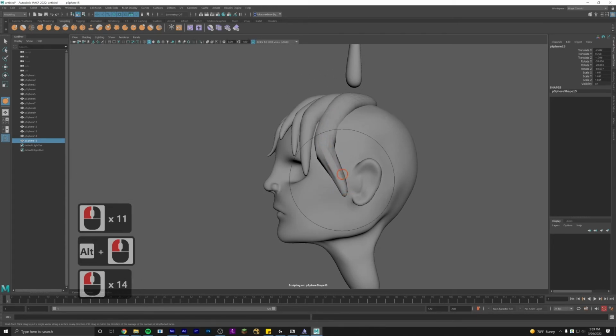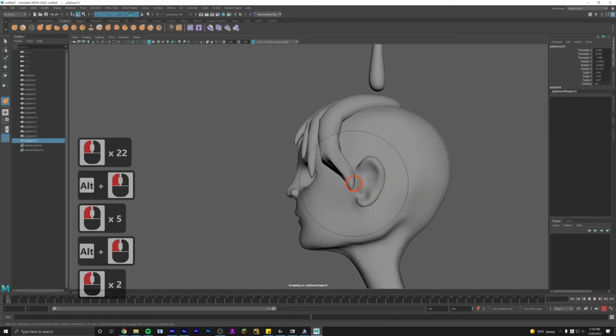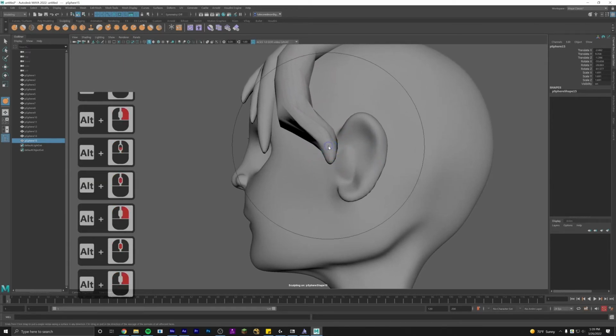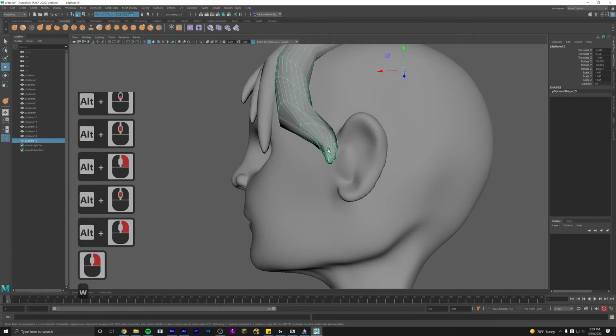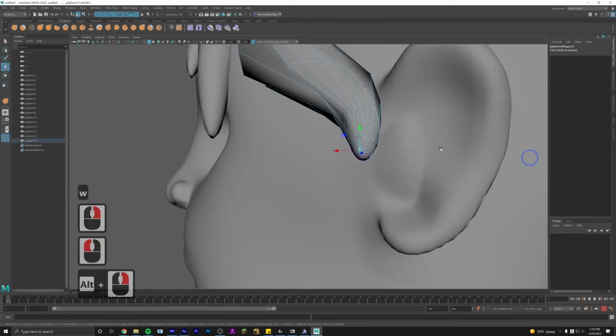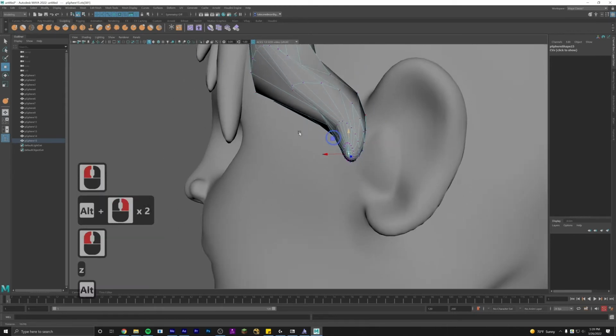Let's do something fun. I'm going to have this strand of hair tucked behind his ear. Let's see if we can push that around. And at some point I would want to rotate this, so I'm actually just going to grab this vertex. So I'll go back to my move tool, I'm going to go into vertex mode. I'm going to grab this one vertex at the very end so I can pull it around,